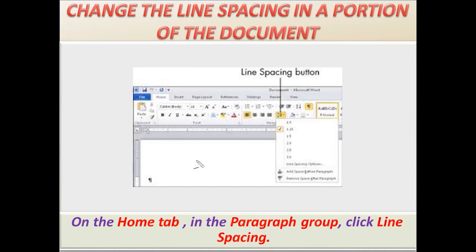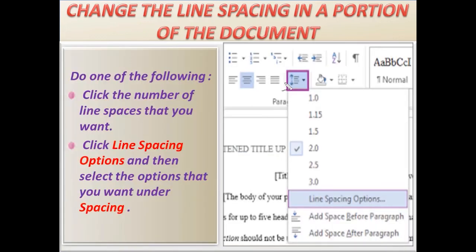In this picture, this is your Home tab. Click on this Home tab. And this is your paragraph. This part is called the Paragraph group. From here, you have to click on this button, which is called the Line Spacing button. Click on this Line Spacing button. After that, do one of the following. Click the number of line spacing that you want. From this part, you have to select any one according to your need,